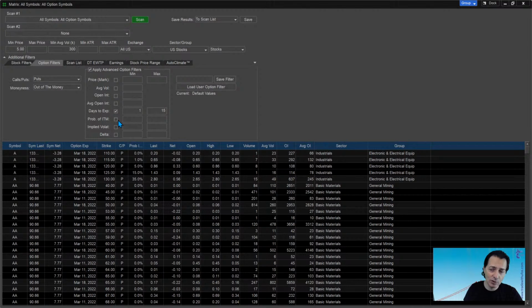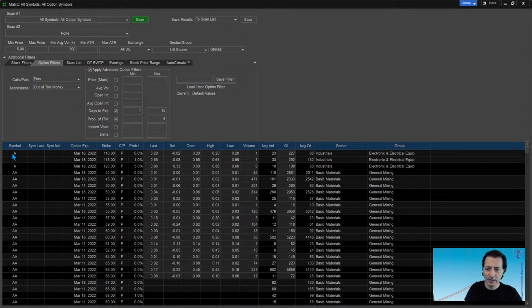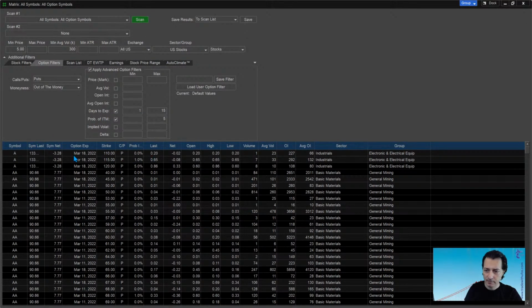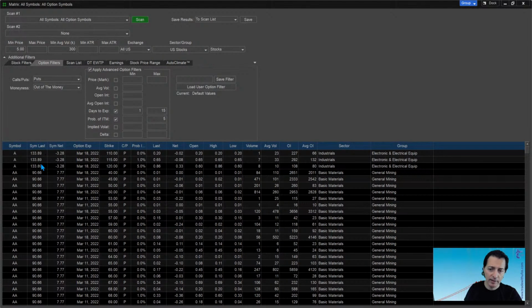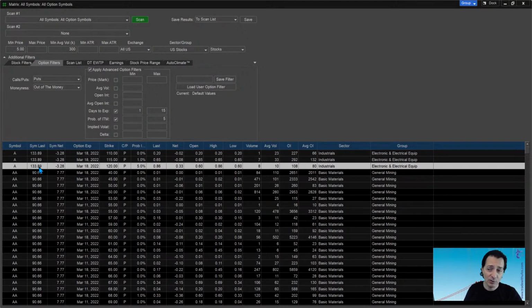Now, second, maybe when looking at those bull put spreads, you are looking for probabilities of in the money to be maximum of very low, maybe maximum 5%. In other words, if I scan, notice that, for example, the current price for A is $133.89. And notice how we are looking at the 110 put, the 115 put, and the 120 put. All of those, given the amount of time to expiration and the strike price compared to the distance to the stock, by kind of reverse engineering the binomial options pricing model, given its current implied volatility, you would have a probability of in the money of 5% or less,